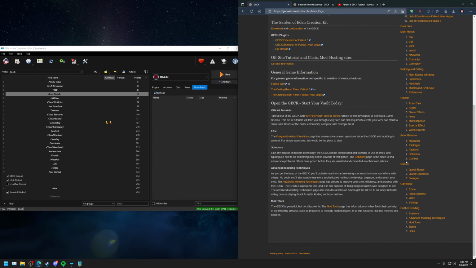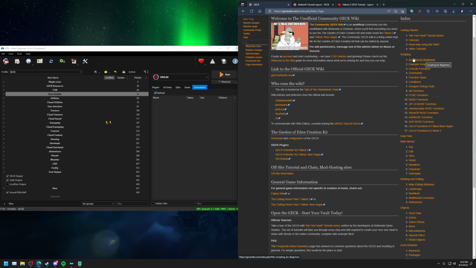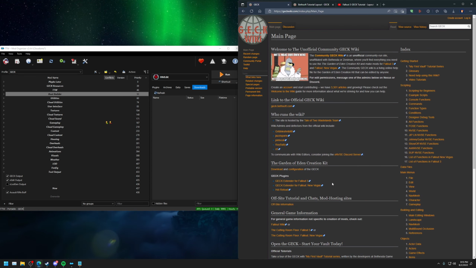And if you aren't finding something directly, you could always ask in the xNVSC server in the Wiki area, or in the TTW server or any other server that mods frequently, where they might be able to provide you a link to the Geck Wiki and the specific page that you need. There's also a good place to start with scripting here too, scripting for beginners. So head over to the Geck Wiki if you're ever lost and wondering what the next step should be